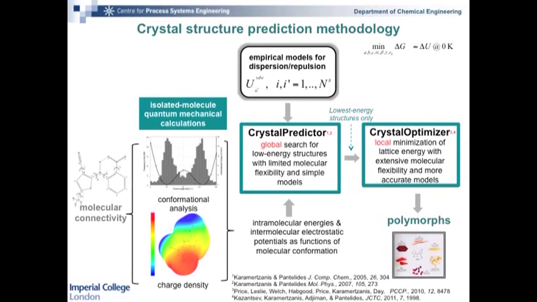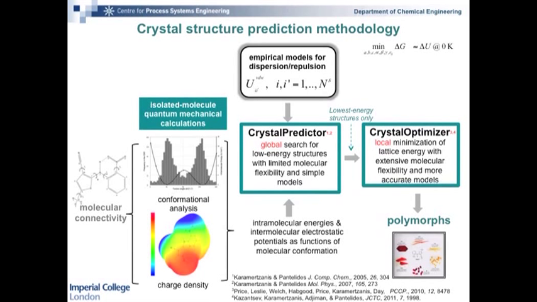And so it's important, if you want to control polymorphism, not only to find the global minimum, but also local minima to this problem. And so in collaboration with Kostas Pantelidis, we've been developing a methodology for crystal structure prediction, starting from molecular connectivity here, just knowing the diagram for the molecule, to being able to find its polymorphs. This is the Roy molecule, red, orange, yellow, which has 10 known polymorphs. And you can see here that they have very different physical appearance as well as different physical properties.